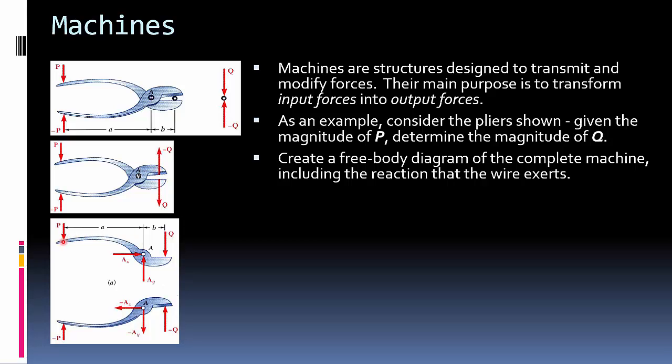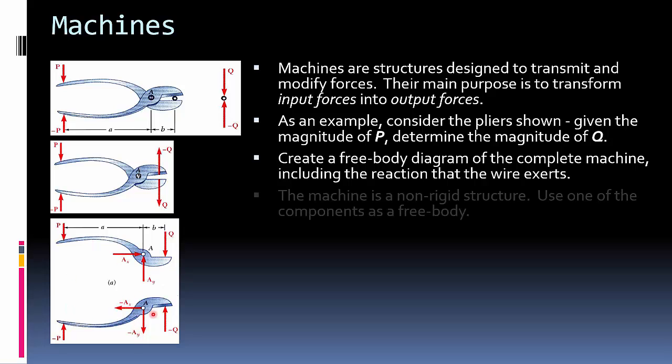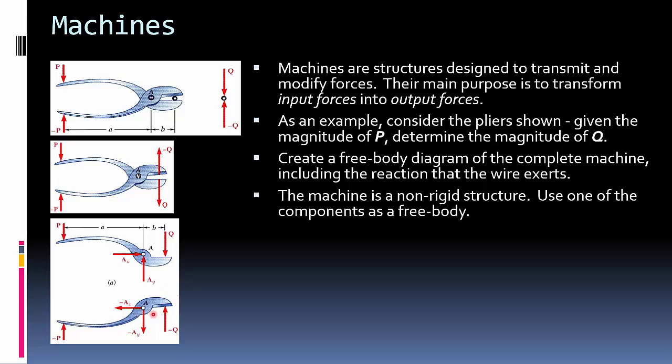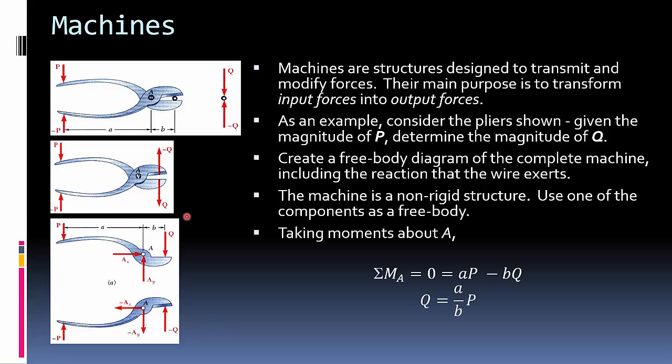It's two separate bodies, so you have this coming through here, you have this coming through here, and you'll notice AX and AX, they're the same magnitude but equal and opposite. AY, same magnitude but equal and opposite. And then you go through and you can figure that out. So the machine is a non-rigid structure. So we're going to use one of the components as a free body diagram. And we're going to take the moments about, say, A, right? So here, let's take the moments about this. And you end up with this